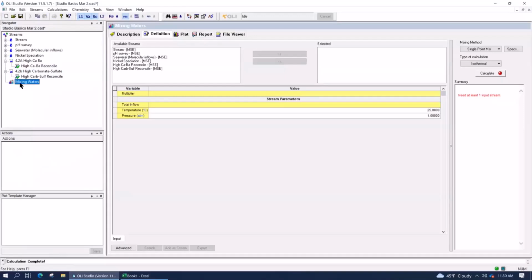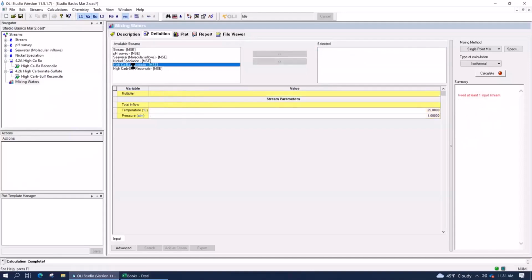Nothing special. And then we're going to bring those two reconciled waters into this mixer. There are three ways to do this. In the mixing water object, you'll see that there's the available stream and selected stream. You can either just highlight both of them and bring them in with the arrows.